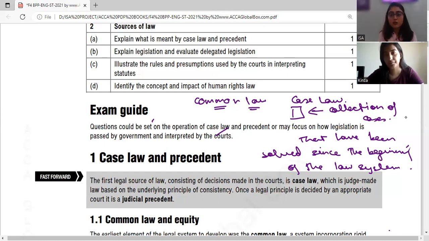Now, you can call case law a book, a file, anything, but it's a collection of cases where detailed cases have been discussed so that the upcoming judges, the upcoming lawmakers, the upcoming people who are giving justice to society can study those, get down to the principle beneath those decisions of the judges of those times, and apply logically whatever is applicable in the current situation, in the current case. When we study the F4 law paper, you will find many things easy and interesting. But when you actually dive into the field of law, the court system, and you actually hear the cases, only then can you realize the challenges that judges have to face,